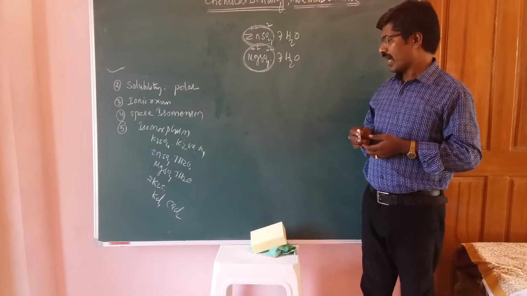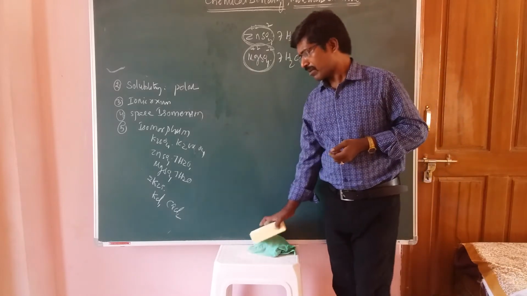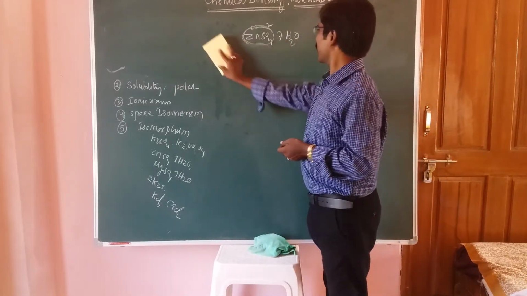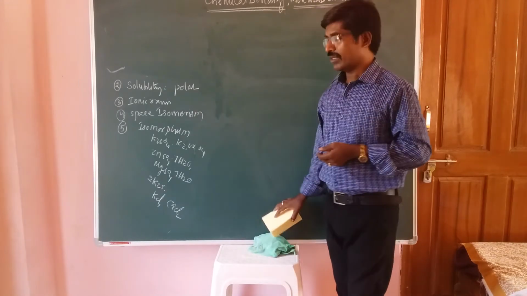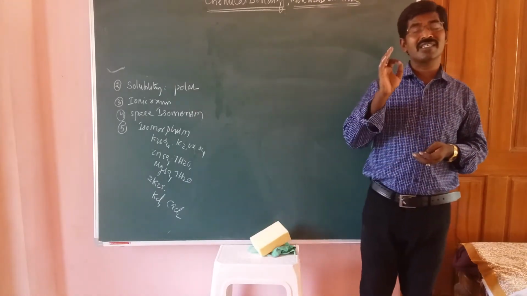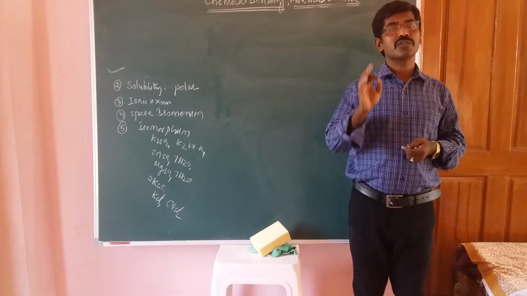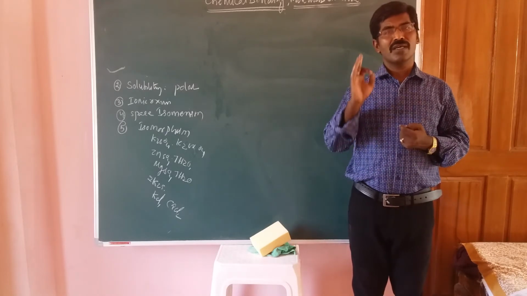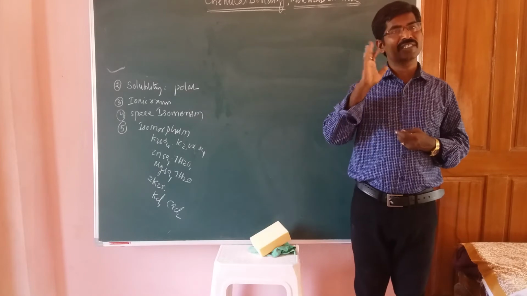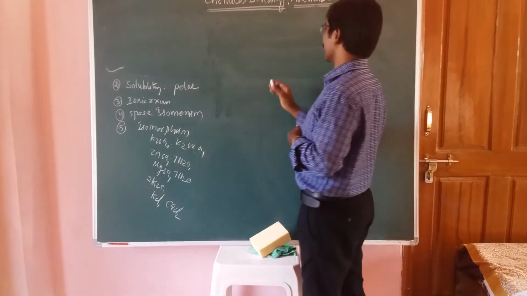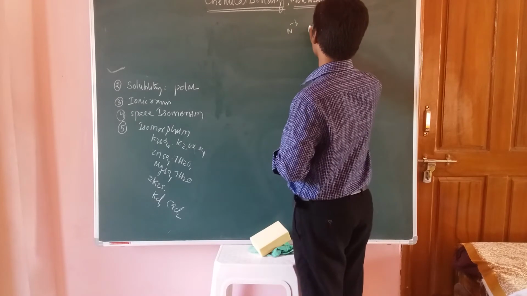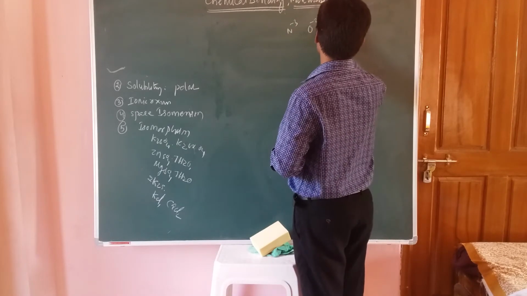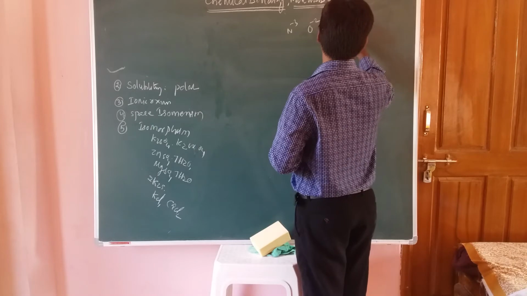Okay, students, and you should take the number of electrons. That means if the number of electrons is also the same, then those are called isoelectronic species. Okay, students, isoelectronic species. Now isoelectronic species means, for example, I will write one type of molecule. Now here N³⁻, O²⁻, F⁻ and Ne.